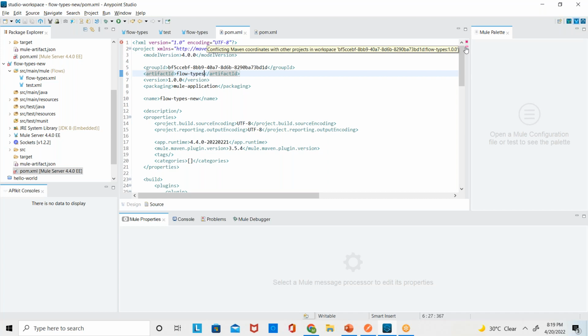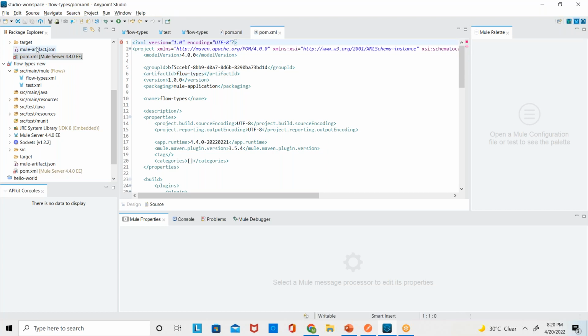Conflicting Maven coordinates with other projects. It means that in the repository, the name is same, the artifact ID is same. That's the reason it is showing that issue basically. And in this pom.xml, flow types pom.xml, can you see the same issue? If you click on this,